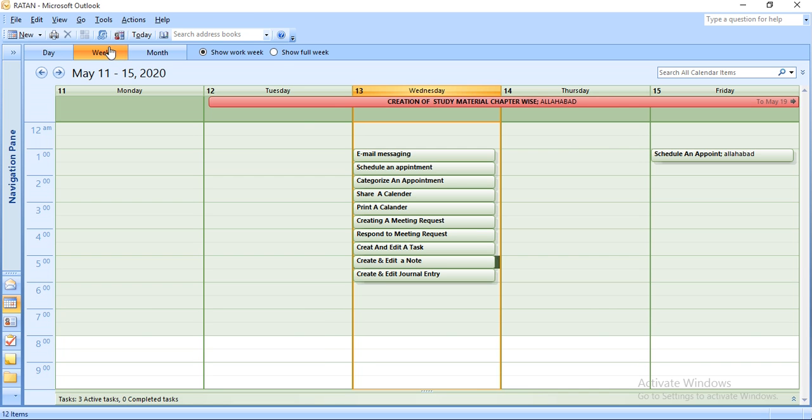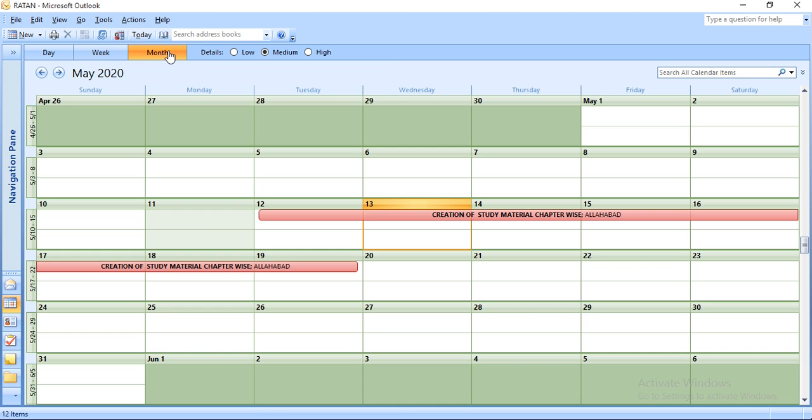So now in week you get all this information, because all these topics cannot be covered in a day. And then the month calendar, in which it is showing that it started on the 12th and is trying to finish by the 19th of May.